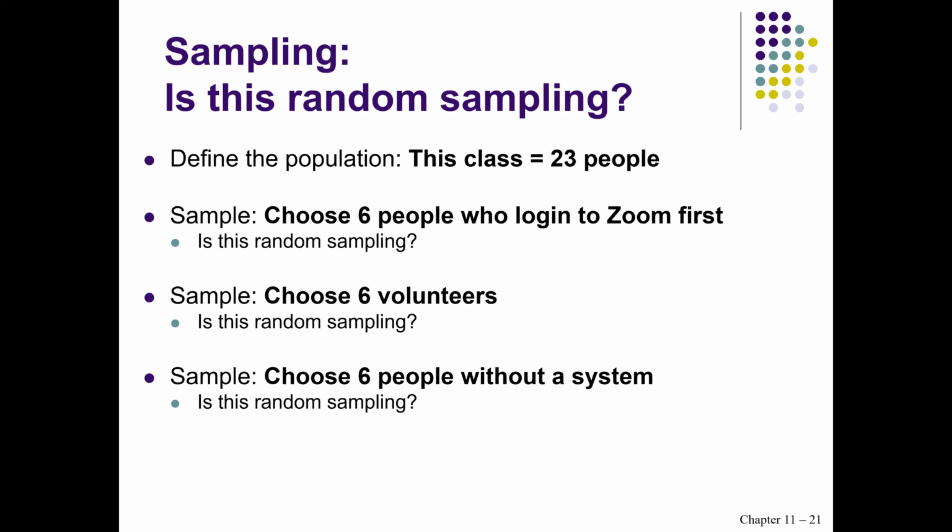So what if I just say, okay, who wants to be in my sample out of the class, and I take the first 6 people who volunteer? Is that a probability sample? And then the last example here is, what if I choose 6 people without a system? What if I just look at all your faces in our Zoom class meeting and I just pick 6 people, okay? Is that a